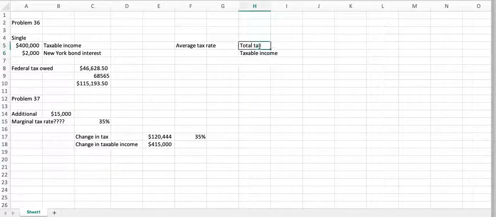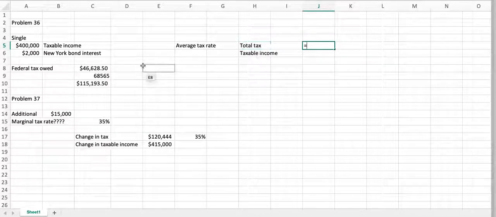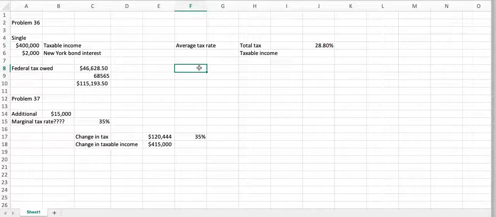And so for this one, it's our total tax divided by our taxable income. And so our average tax rate is 29%, or if we want to be more precise, 28.8%. And you're like, well, wait, why is my marginal 35 up here? Well, it's because part of your income was taxed at a lower rate. So on average, you paid a tax of 28.8%, which is a really nice way to help people understand their taxes. The effective tax rate is your total tax